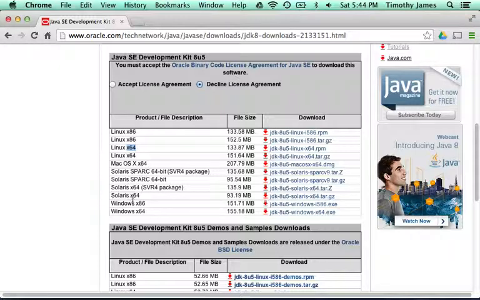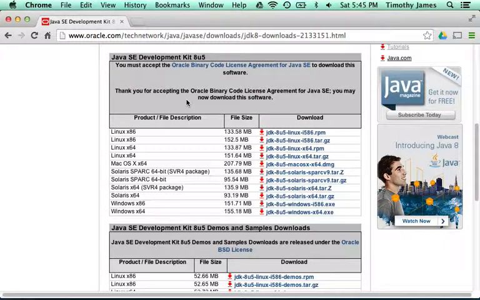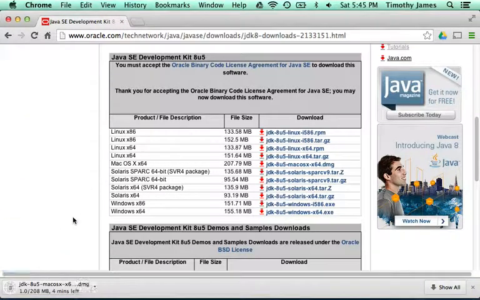We have Solaris here, we have Windows, but I'm on a Mac, so I'm going to get the download here. Before I can download that, I have to accept the license agreement, which I'm sure has lots and lots of stipulations on the things I can and can't do. I probably have to name my second-born child Oracle now. So I go ahead and click this link to download this, and it's about 200 megabytes, so it takes a